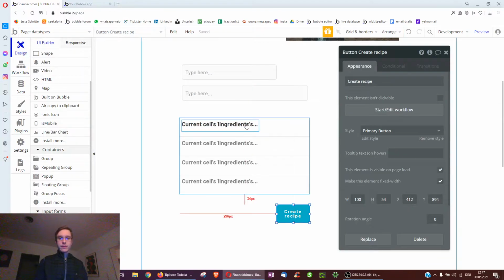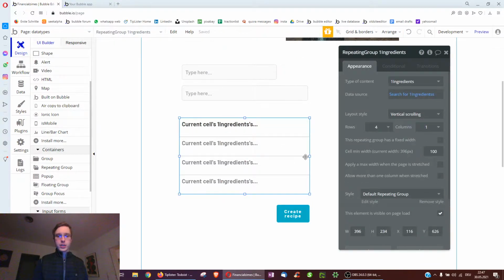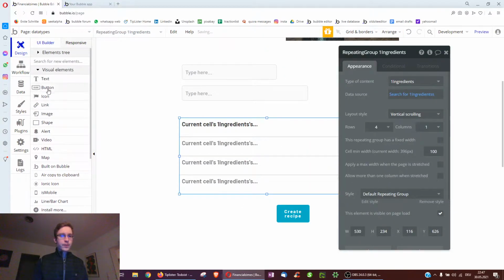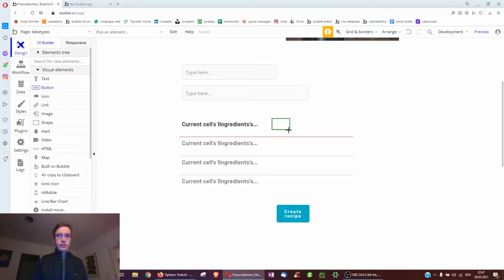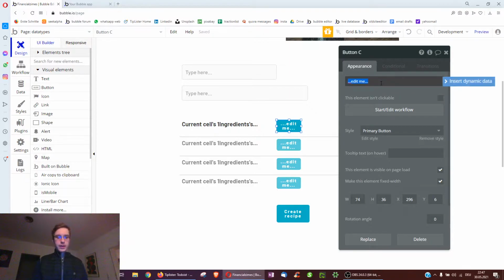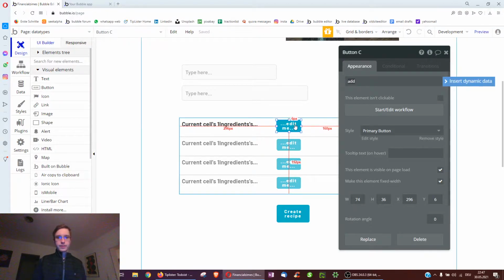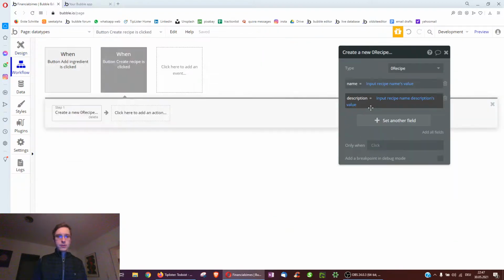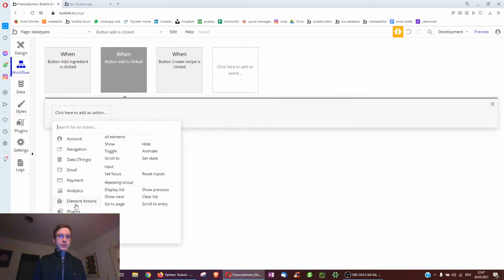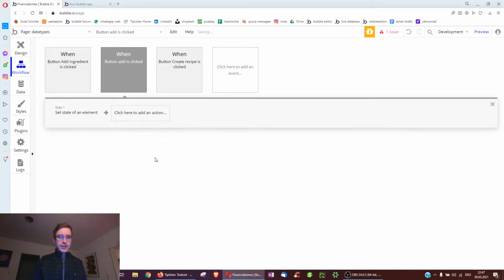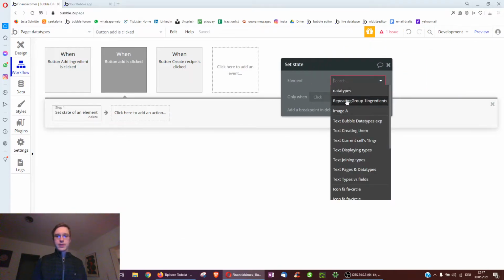We're going to use a state for this. A state is a way to store information. We're going to show all ingredients here using the repeating group we had before, which shows all. And we're going to have a place where we can add an ingredient. And when we add it, what we're going to do is save that ingredient to a state. So we click element action set state. We're going to save the state to the